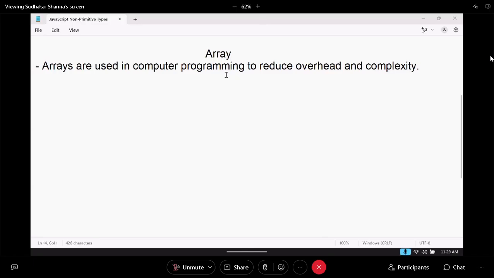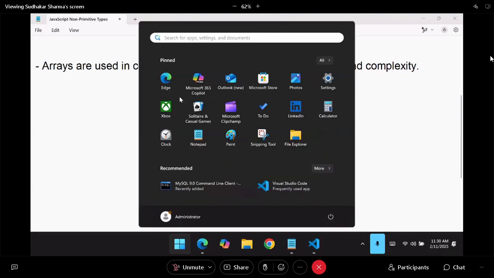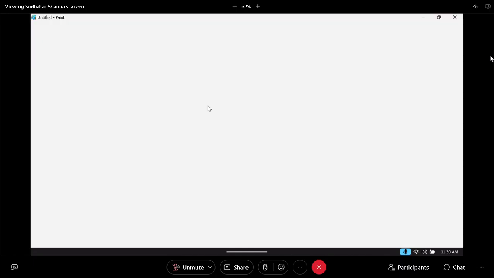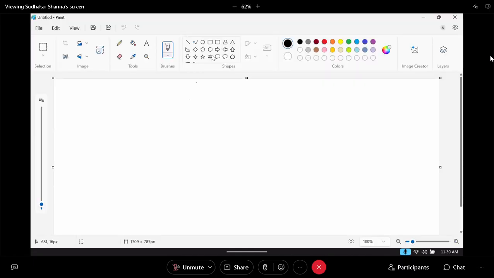Let's see. Now see what an array's purpose is. Arrays are used for reducing overhead and reducing complexity. That is the main concept. What is the meaning of this? Let's see. What is meant by overhead? How will overhead issues come? Actually, suppose we have